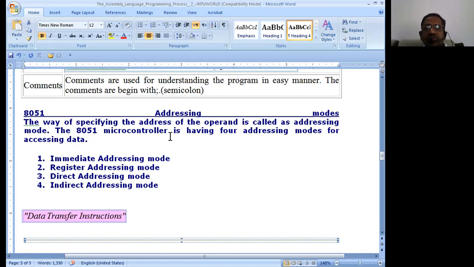Compulsorily every instruction is going to use data, and this data is given by the operands. So the way of specifying the address of the operand is called addressing modes. The 8051 microcontroller has four addressing modes for accessing the data, which we already discussed: immediate addressing mode, register addressing mode, direct and indirect addressing mode.